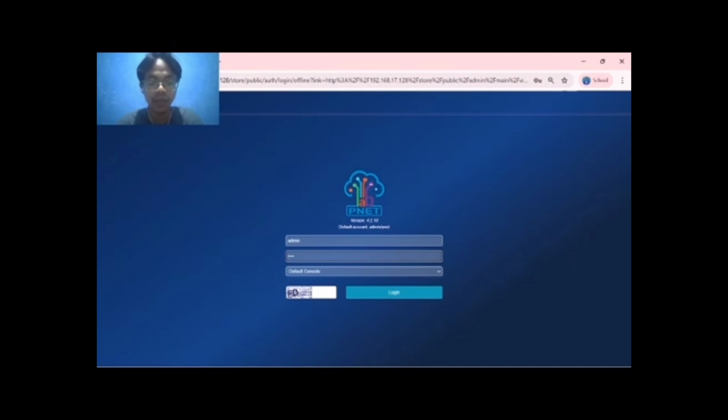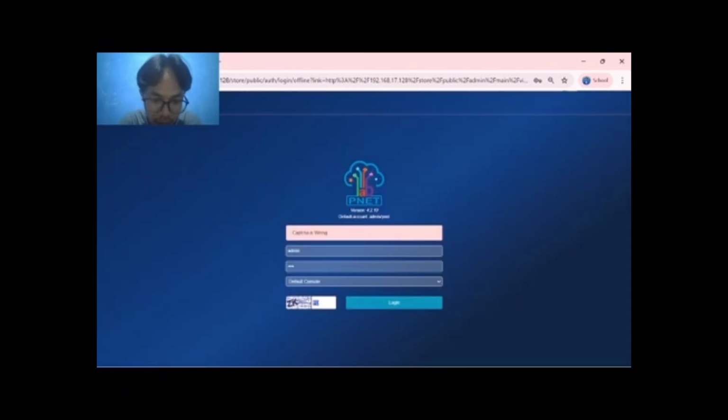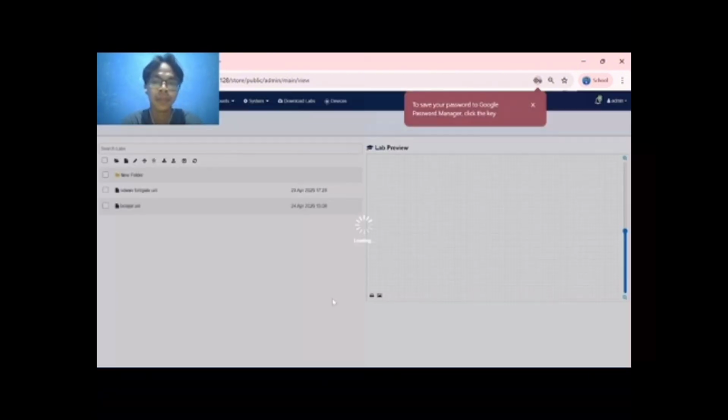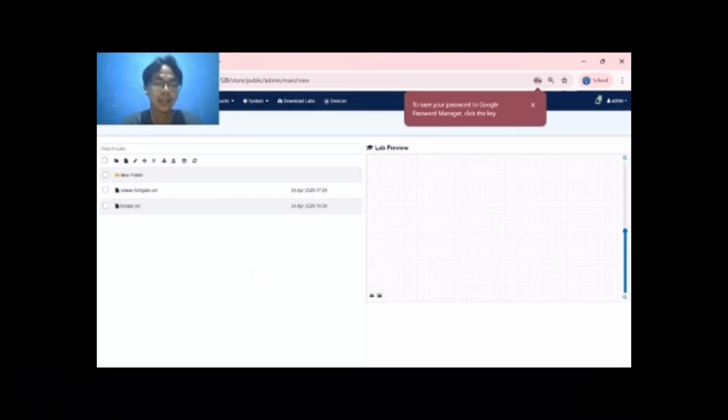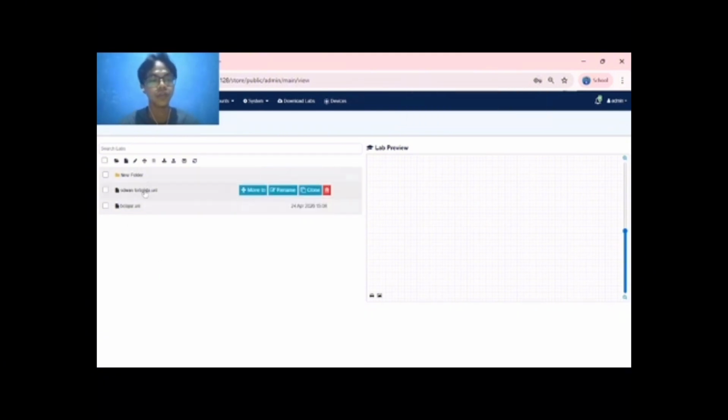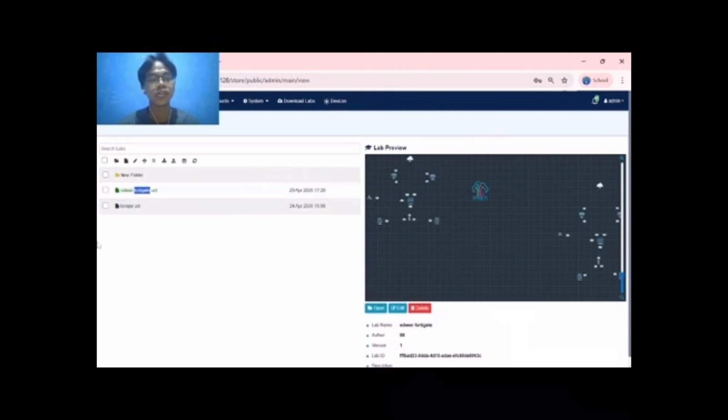And after that we get the lab or file that I prepared before I made this video. This is the topology or file I made first on my own laptop.